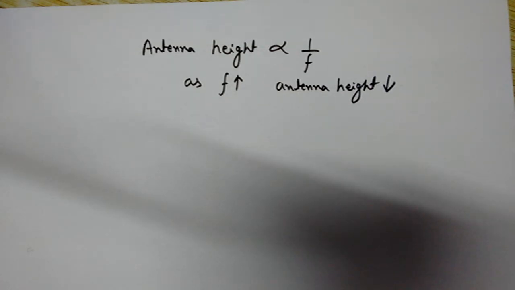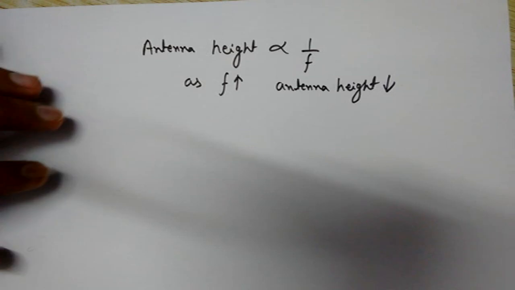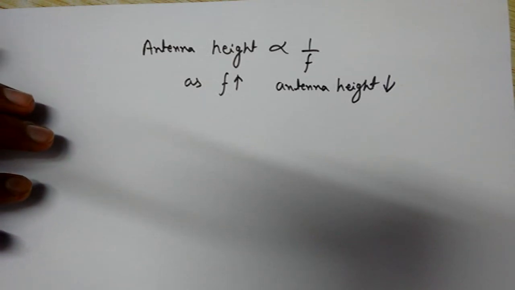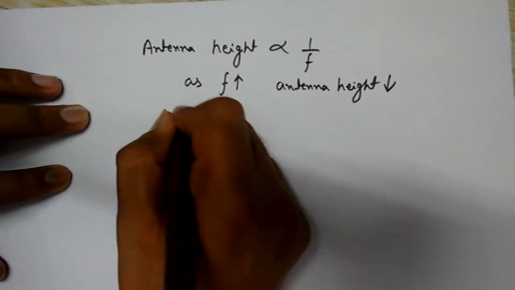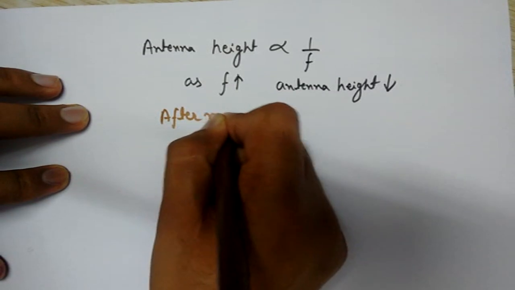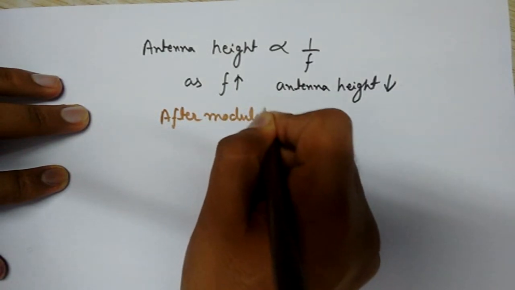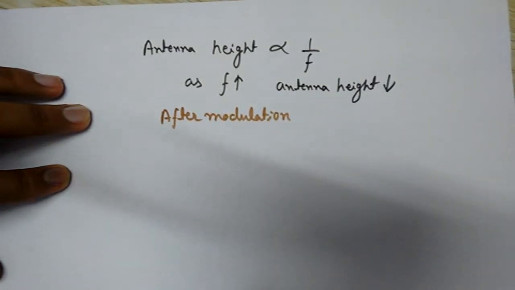Because we know that in the modulation process, the message signal, that is the modulating signal, is superimposed over a high frequency carrier wave. Hence we can say that after modulation,